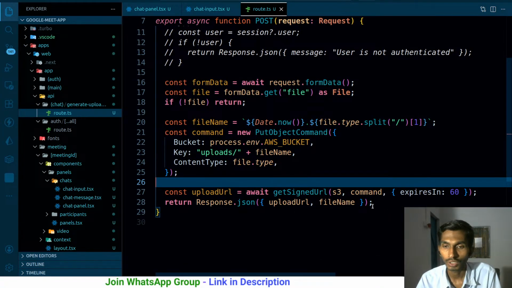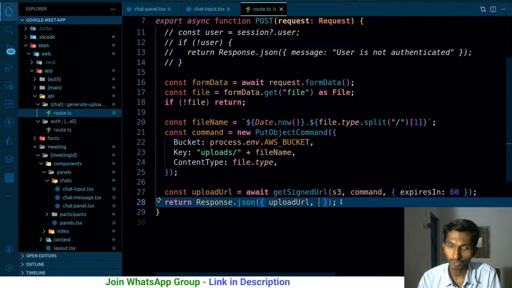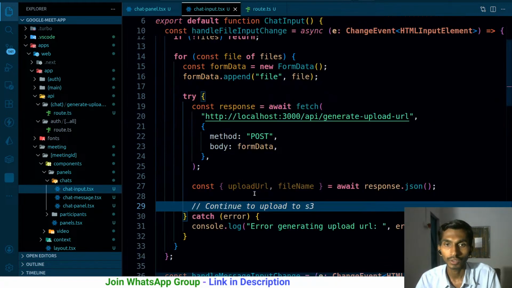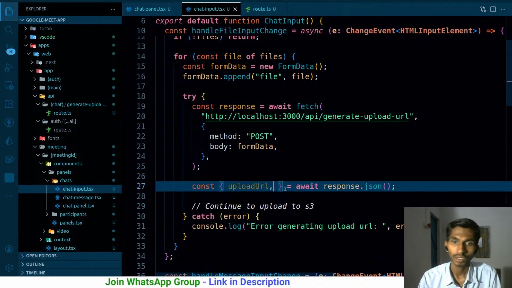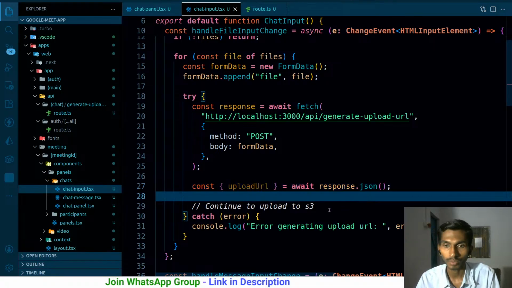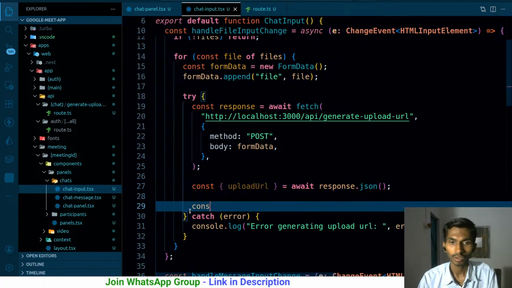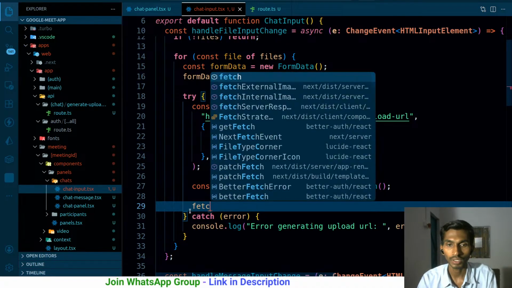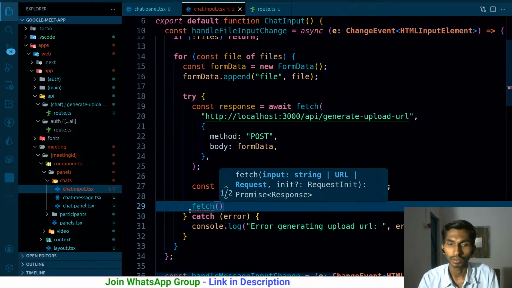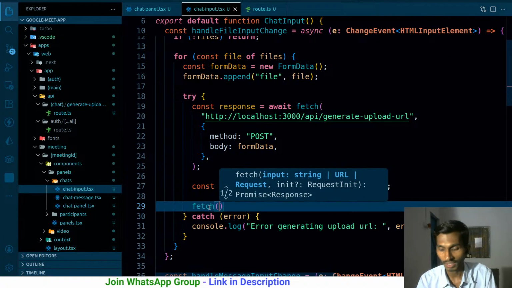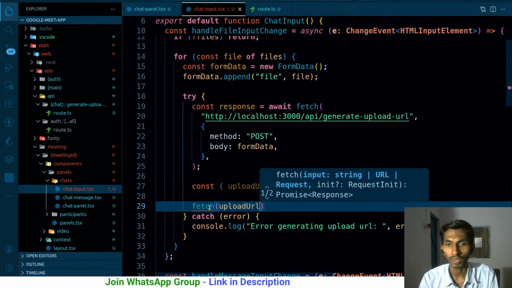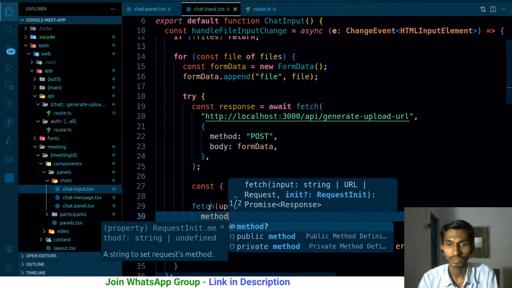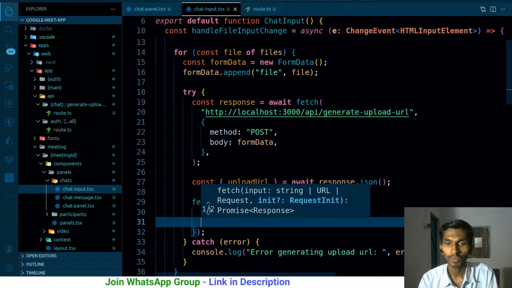So what I'm going to be doing here is pretty simple stuff. I don't even need to send it again. This much is going to be enough. On the front end side, I will just be getting my upload URL. Once I have my upload URL, then const, and there's going to be no response as such, so let's not worry about that. Fetch, and this time I'm already getting the URL, so upload URL, and method is going to be PUT over here. And lastly,